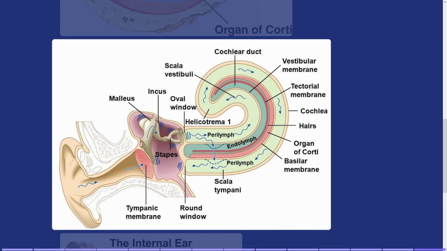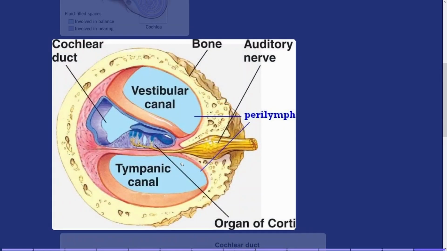As I've already said, this is the oval window through which the sound goes, and it comes out through the round window over here. I mentioned the oval window, this is the round window. Now, this is the organ of Corti, and it is located on the basilar membrane and in contact with this part which is called the tectorial membrane on the upper part. Now, this contains sensory hairs which are present in rows on the internal side of the organ of Corti, and these